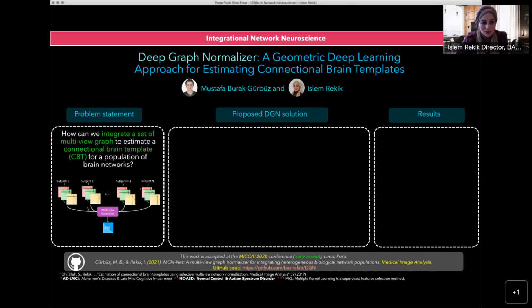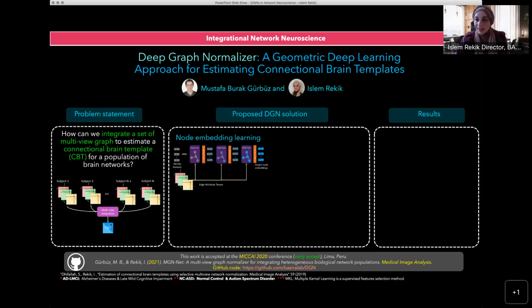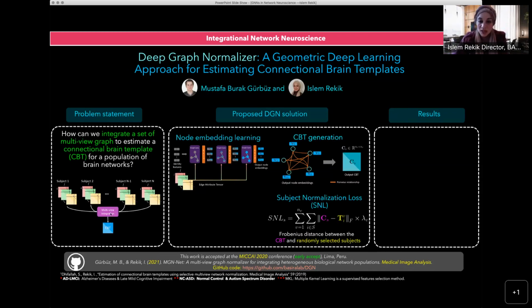So the goal is to learn how to integrate these tensors into a single connectional brain template. And he proposed the first graph integration network that enables us to merge or collapse all of these multi-tensors into a single matrix. And why this is interesting, the work is actually very interesting in the sense that we introduced a new loss function where we compute the distance between this